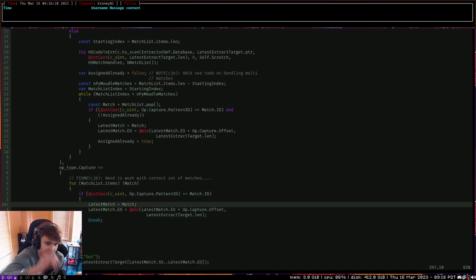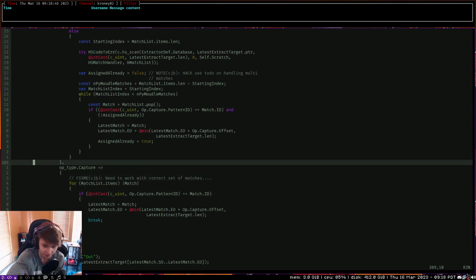So down here in capture, we need to operate on a very specific segment of this match list. However, we want to throw the match list away after we're done with it. So we don't necessarily need to throw it away, but we want to basically free slots after we're done looping over all of our operations. You can safely clear it after